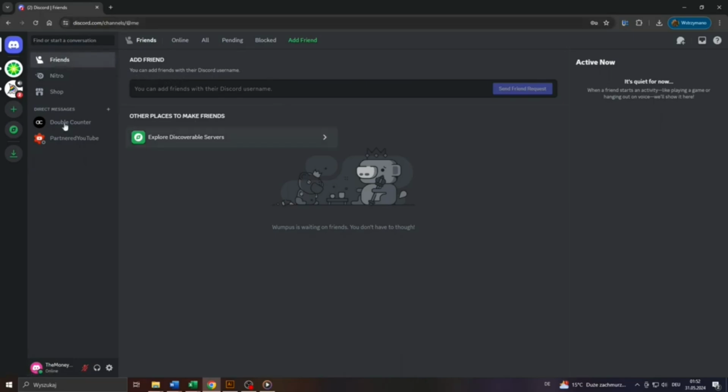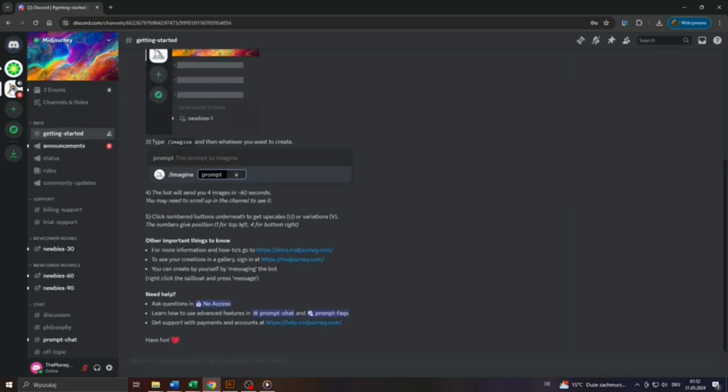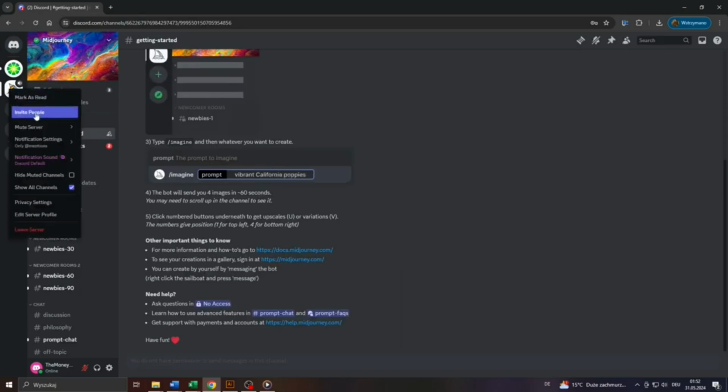To get started, log into your account on Discord and select the Discord server or Discord community you would like to mute. Like for demonstration purposes, I will mute that Midjourney server here. Click on its icon here on the left sidebar, not with your left mouse button, guys, but with your right mouse button,